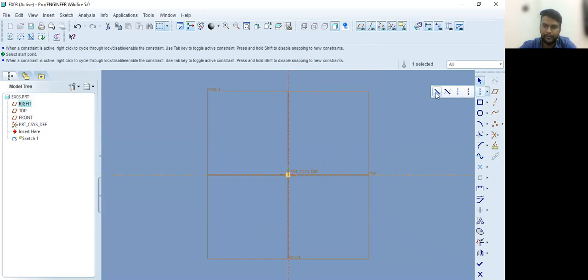With the line command, we are going to create it. So create the entire section, entire sketch in one go, or otherwise you can create the sketch by creating one line at a time and give the dimensions.